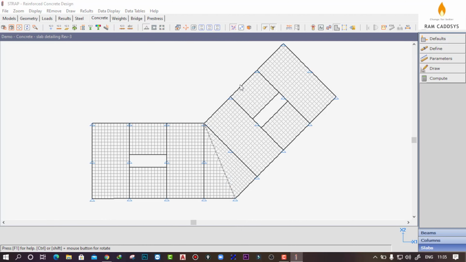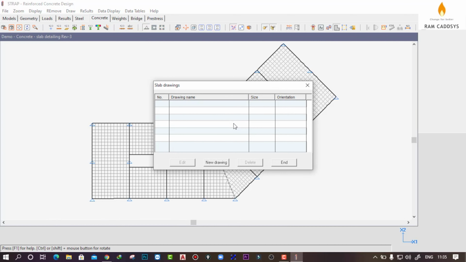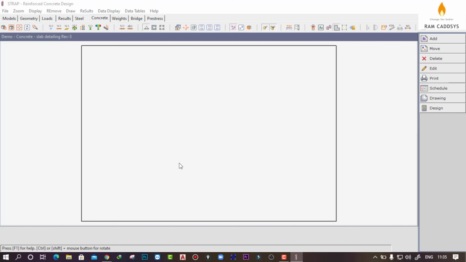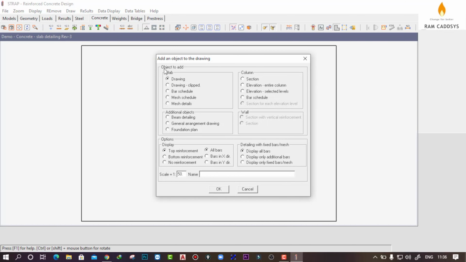Now if you want to create the detailed drawings, go to draw, click on new drawing. Here you have the size of the paper, you can select, click on edit. Now click on add and select under this slab section drawing. First of all, I am going to take all the bottom reinforcements, all bars, and you can select the scale here.